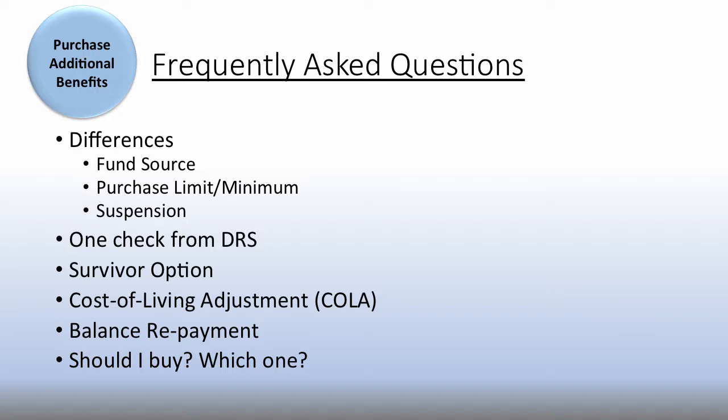But so, some differences. There are some fund source differences. For the annuity, you can only use a rollover from a governmental plan to buy an annuity. So it has to come from your 457, a 403(b), a 401(k) or 401(a) from another municipality. It has to be a governmental source. You can't take private funds to buy an annuity, whereas the service credit purchase can come from any fund source. If you got an inheritance, you can use that money to buy your purchase. They can come from any source you want, including rollovers of those.